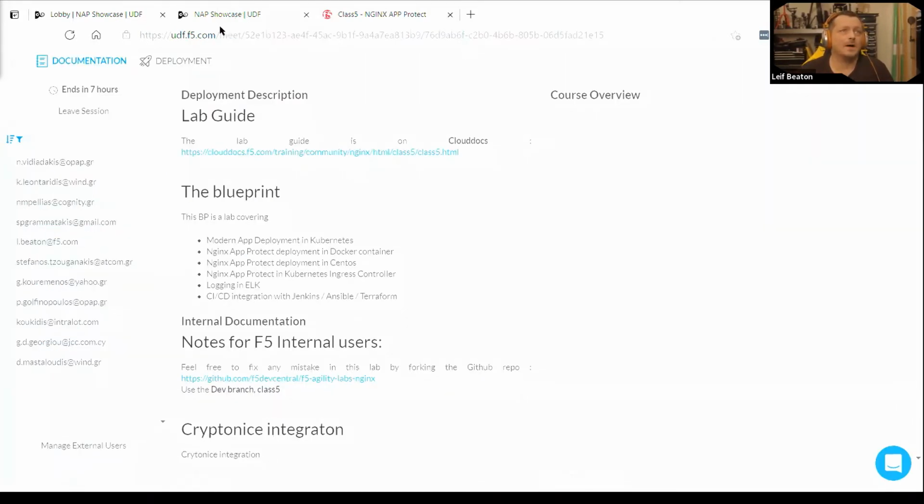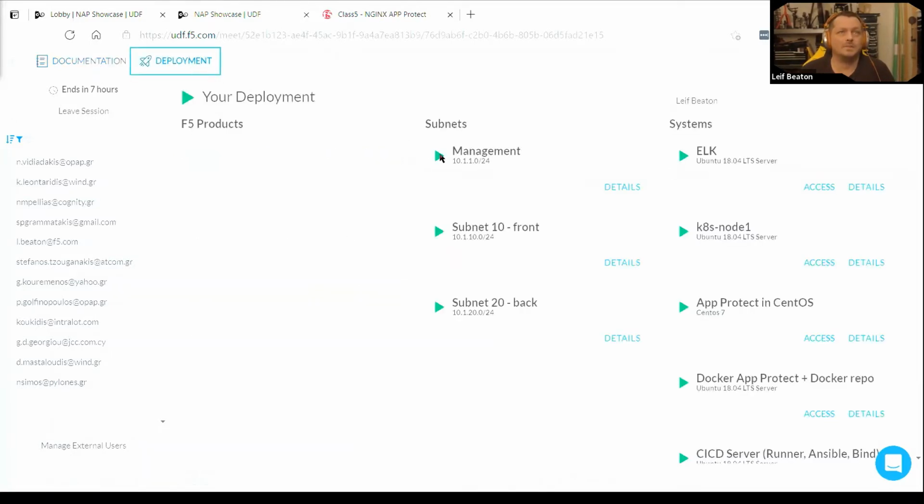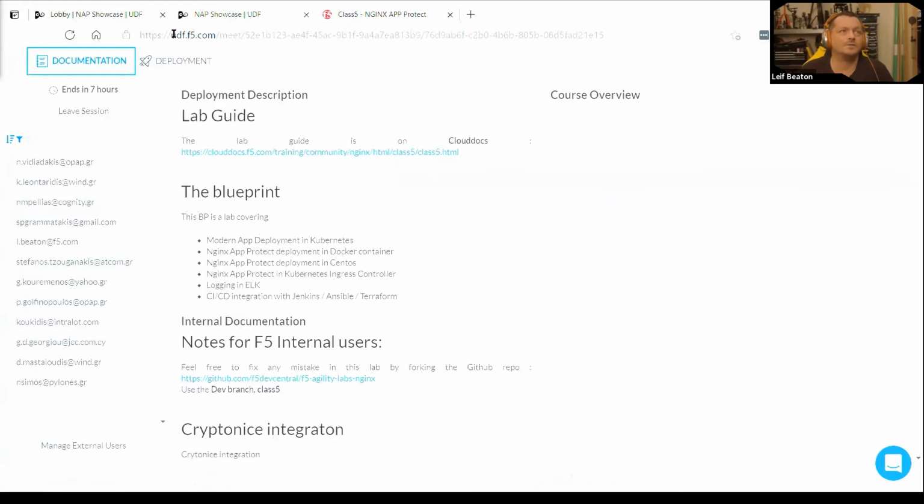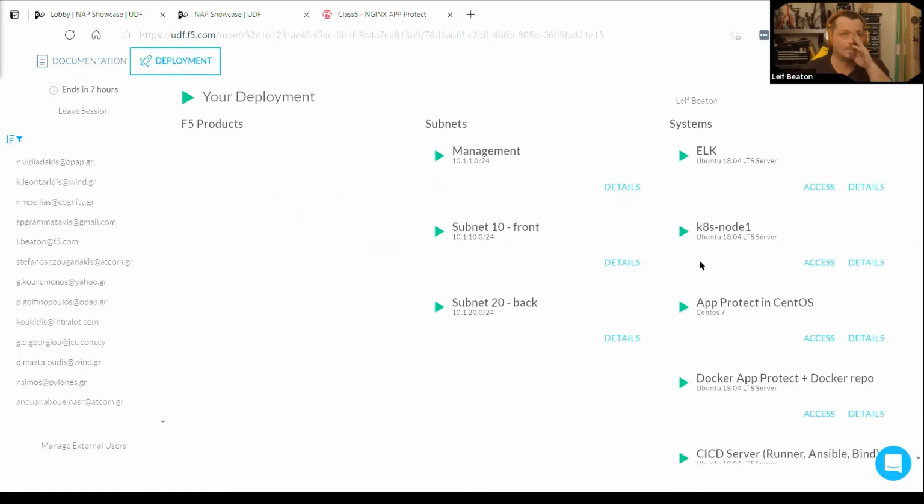Anyways, going back to this page here, it has two tabs, a documentation tab, which is the one we're on right now, and also a deployment tab. If you click the deployment tab, you should see something similar to this, although you'll likely see a loading icon here instead of the play button. So this will take about 5-7 minutes, something along those lines, for the environment to spin up. So let's just make sure that we've gotten past this page and into this one, so the environment can spin up while we're discussing what we will be doing here today.